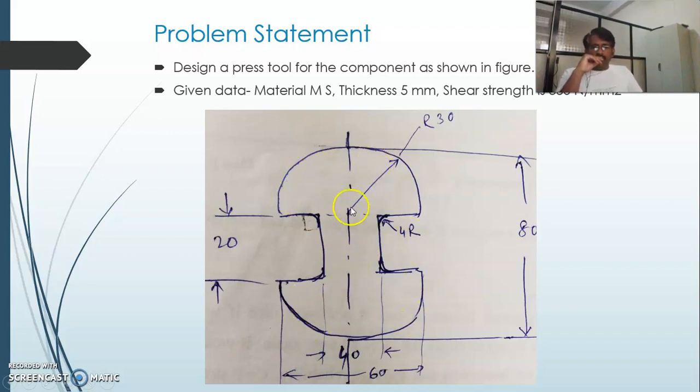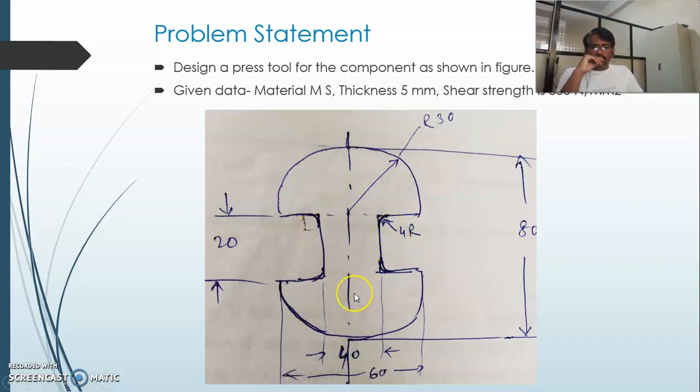numerical, first of all we should understand how the component shape will be. In that case we can understand that there are two half circles or semicircles, and two vertical edges or elements available with this component. Again, we have this quarter circle or chamfer provided in the quantity of 4. So this quarter circle will be of 4R radius, and the quantity will be 4.